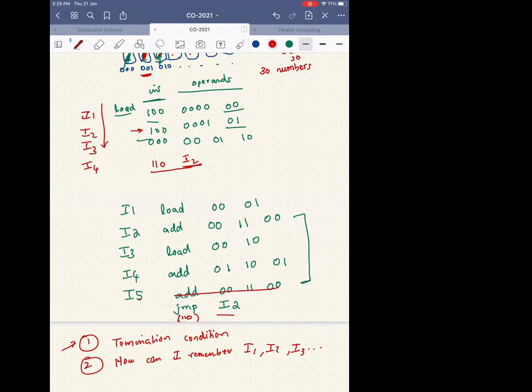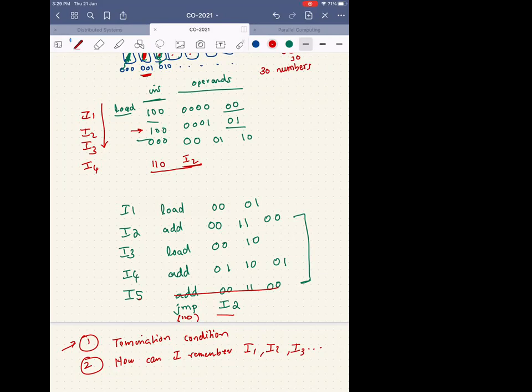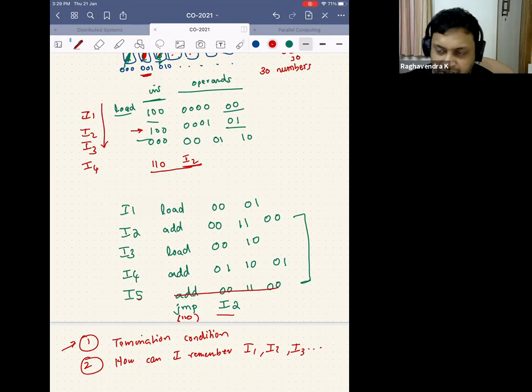Maybe we can introduce a new instruction to the board. Okay, or do you want to modify some other existing instruction itself? Can we subtract two addresses or something like that? Yes, sir. We can subtract, and like Vaibhav said, the element of that particular thing, and if they are 0, then we will come out. But you don't generally write a for loop like that, right? You go i equal to 0 up till i equal to 30, right? Yes, sir. So maybe there's some other easier way to do this.